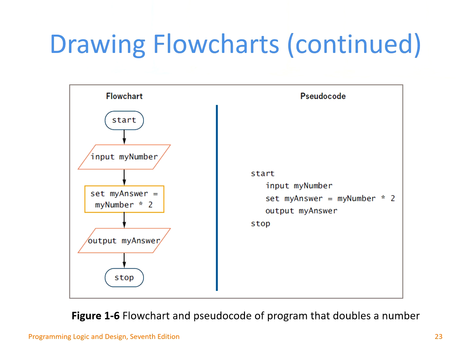As you can see here in the drawing of flowcharts, the pseudocode is presented on the right side: start, my number, set my answer, then the output my answer, then stop. If we convert this into a flowchart, the look would be like this. We have here the terminal symbol of start at the first part, then at the last part we have the terminal symbol for stop. Then for input, we have here